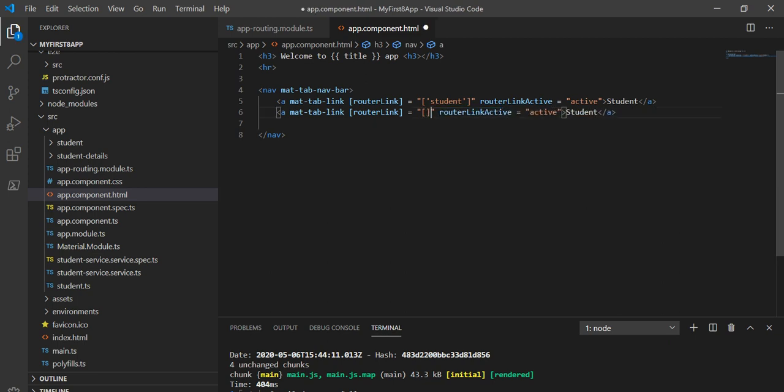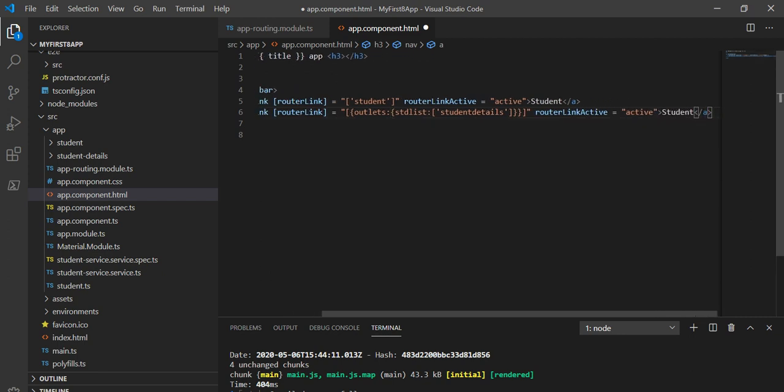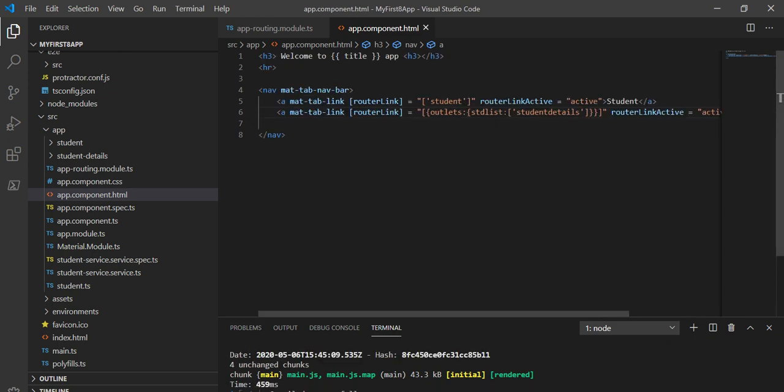First let's take this bracket, and inside this let's take outlets, and then again curly braces, and inside this we are going to take std list, which we have taken, and we have to assign inside this that student details. So that is the format of passing this routing outlets, and here I will take student details.